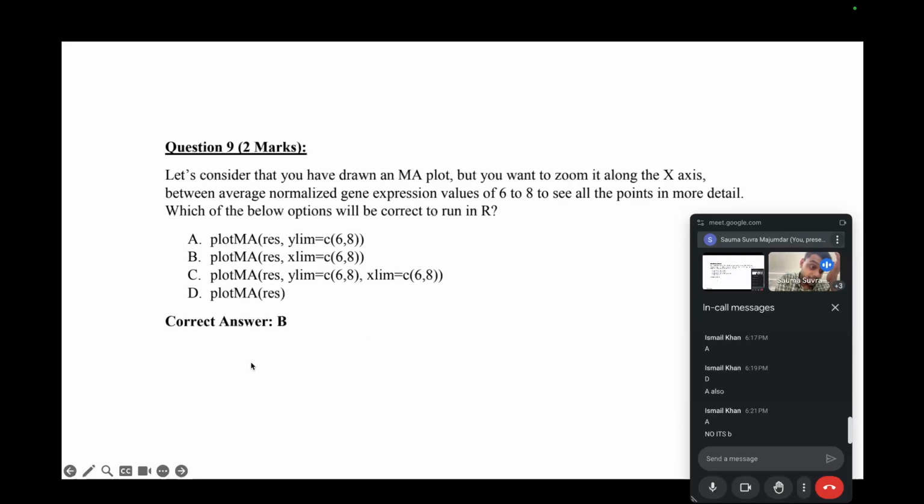Yeah, the answer is B. Basically, you're trying to zoom in on the x-axis. So just keep the limit between those particular values, 6 and 8. So it'll zoom in on the x-axis only. So the correct answer is